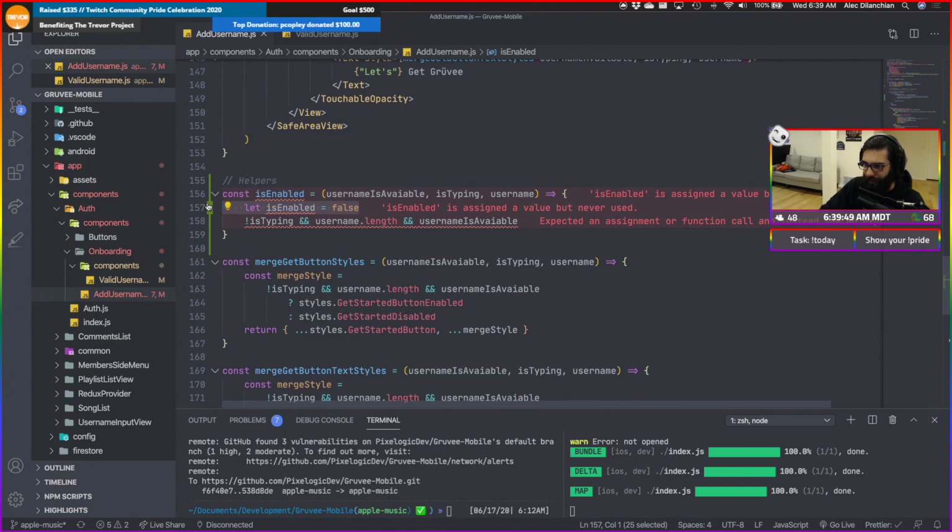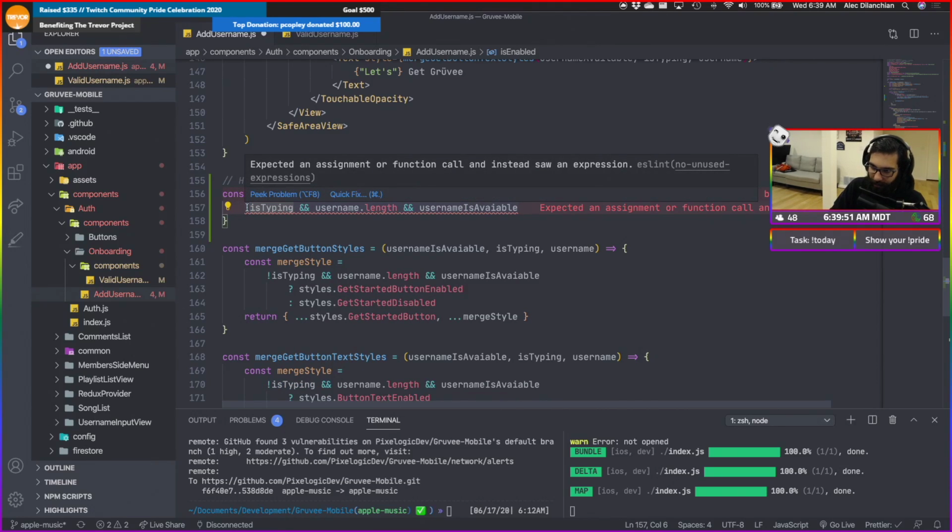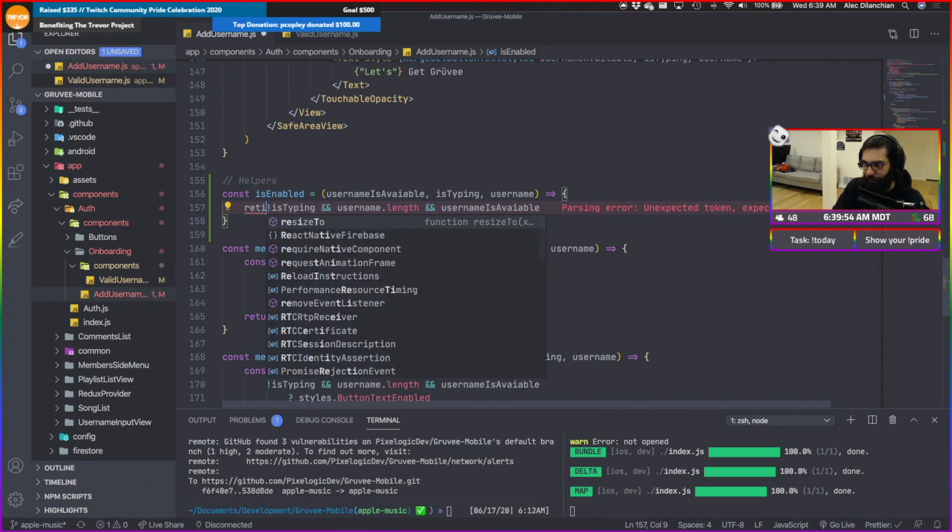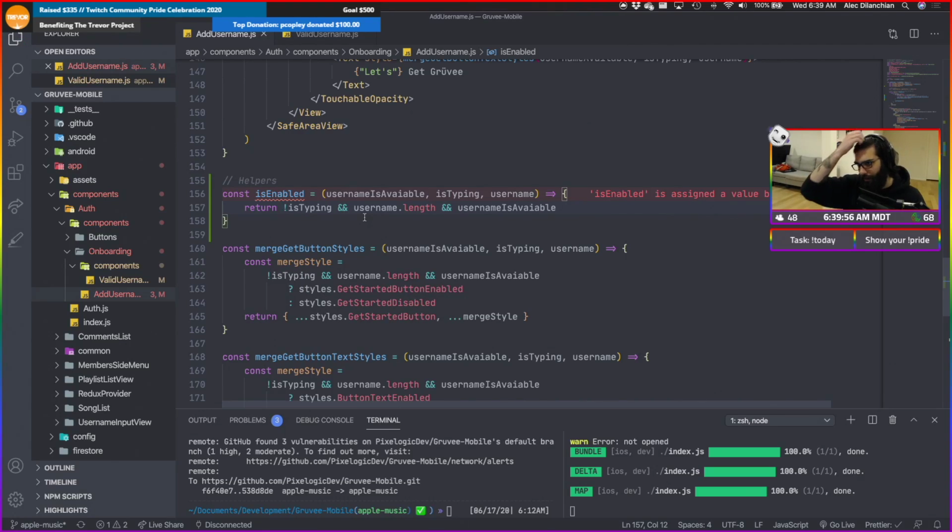Actually, I don't even know if we need this flag, honestly. We can just do a quick return here. So get start button enabled: is typing and username.length and username is available.